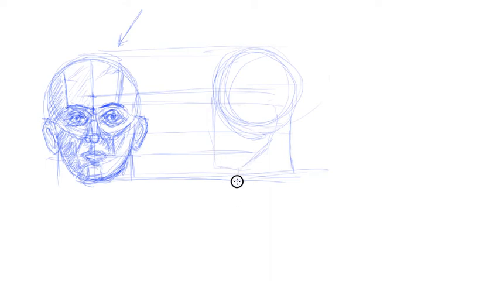We have the neck here. The ear is going to come between here and here, right? So you want to carry those proportions over, and you can do that by just projecting these lines over, right? And keeping everything in the same realm, right? So,